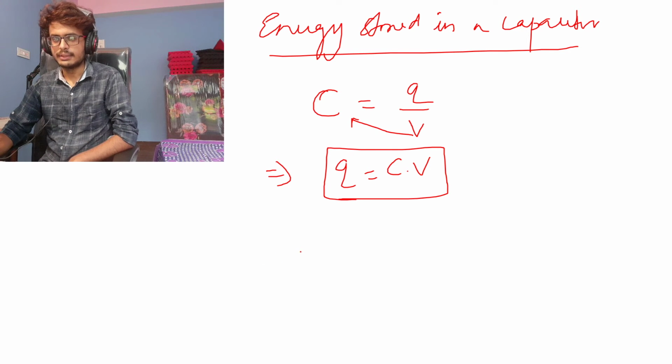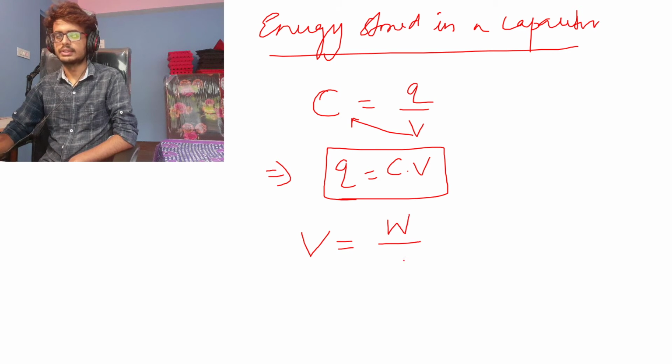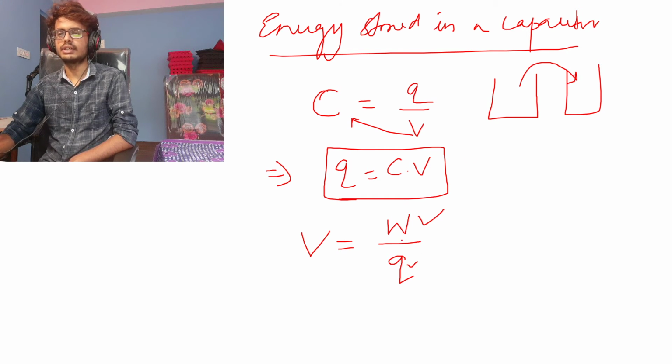Now we know potential. What is potential? Potential is the amount of work done per unit charge. I told you this earlier when I gave the tank experiment. Potential is basically the amount of work done to carry a single charge from one point to another. How much energy or work are you doing to carry a single water molecule from this tank to another? That is basically the potential, right?